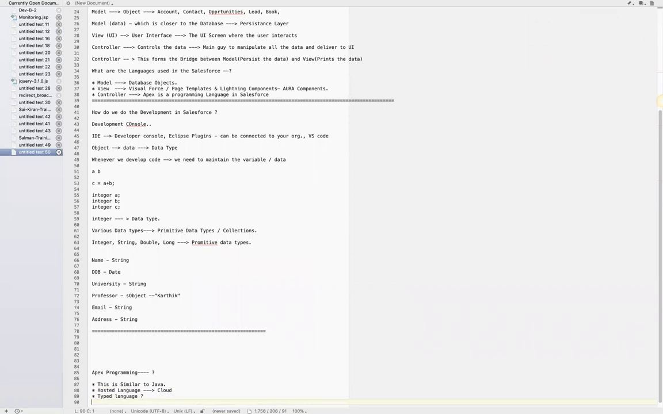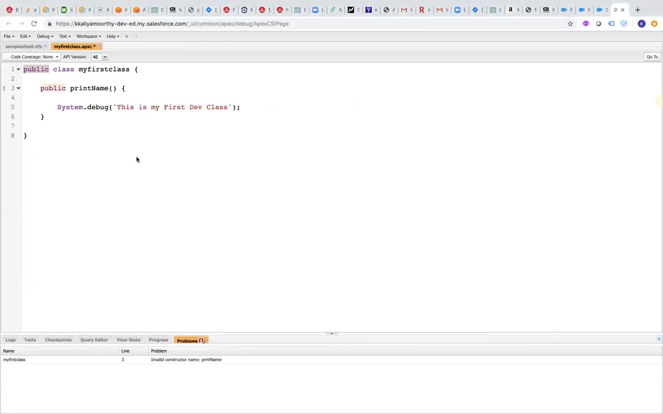So what is called the typed language? When you type your programming language, it compiles automatically by itself. See here, it compiles automatically. I purposely made a mistake and created a problem. You see here, it comes up as invalid constructor name, print name. Okay, so if I just put